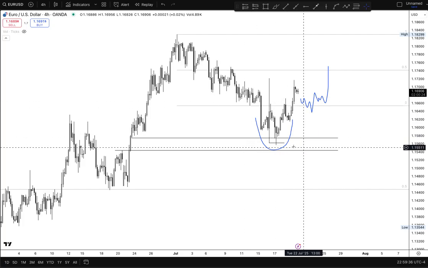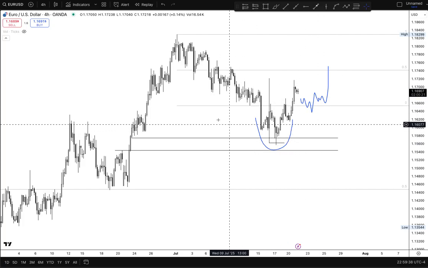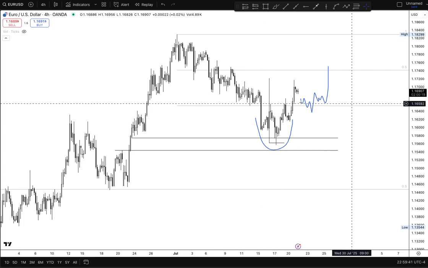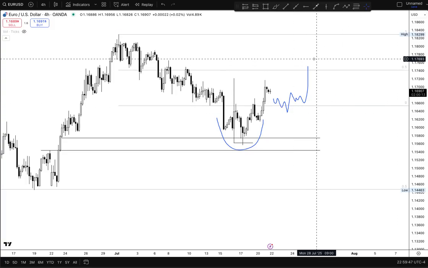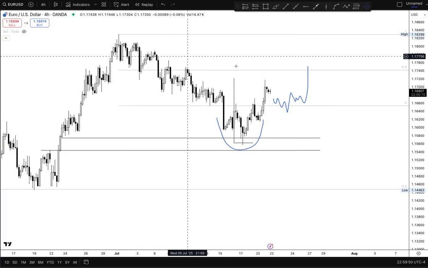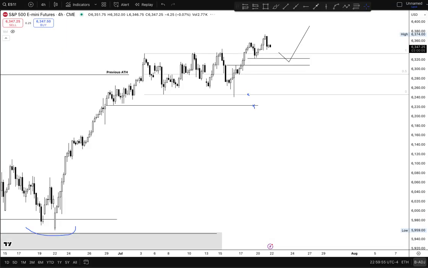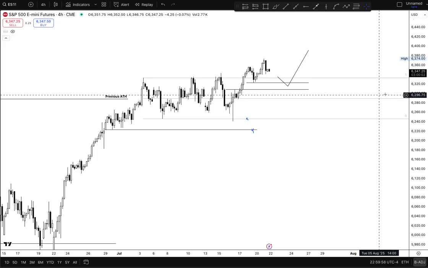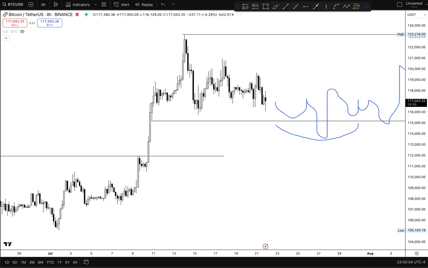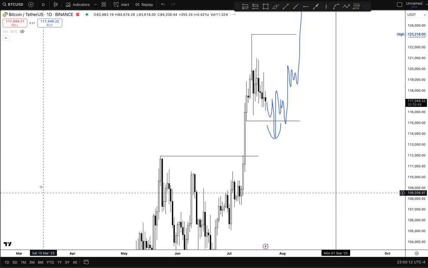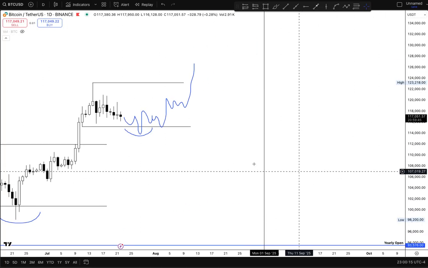We raided this daily fair value gap down here, and then we have shifted order flow on the H4 time frame. We'll see if we can get any retracements and then look for longs. There's nice low resistance liquidity there for EU. ES and NQ, we'll see if we can raid that daily fair value gap and then look for longs from there. And then same idea with BTC. We'll see if we can raid this fair value gap here on the daily time frame and then look for potential longs from there.